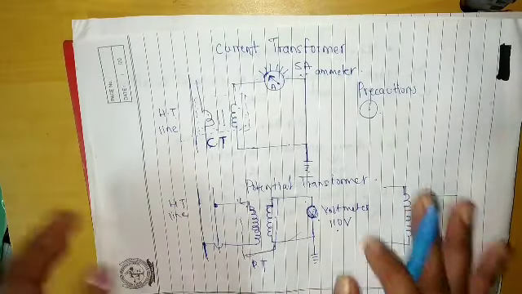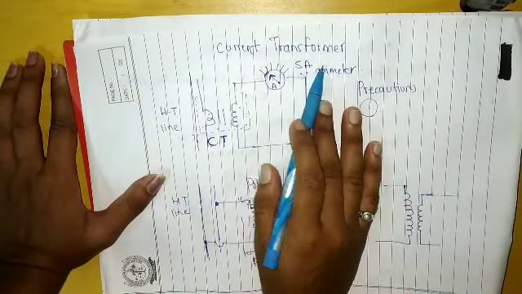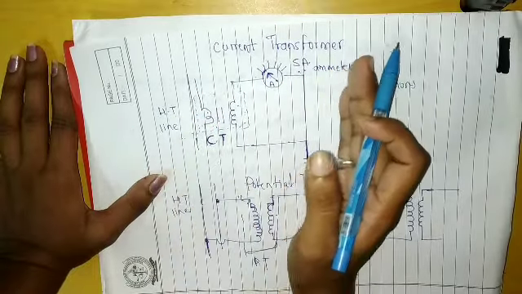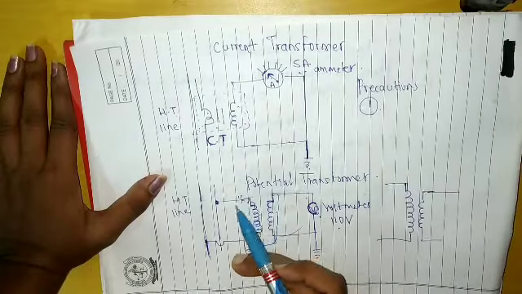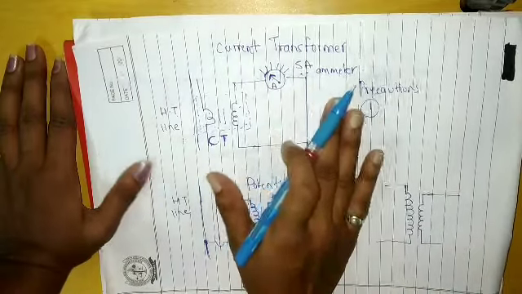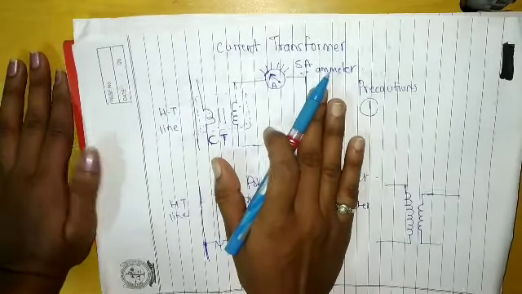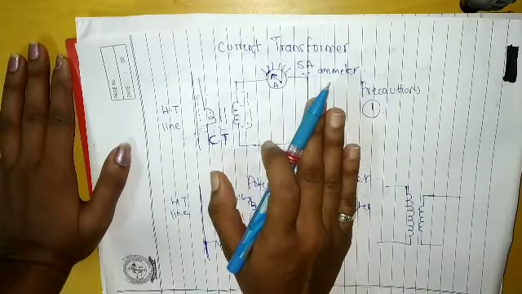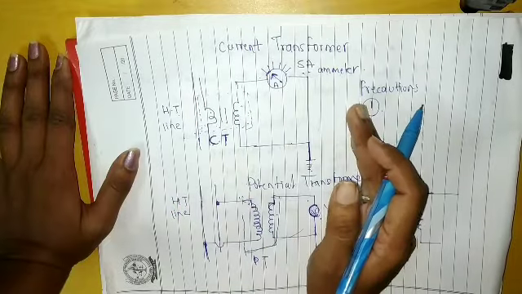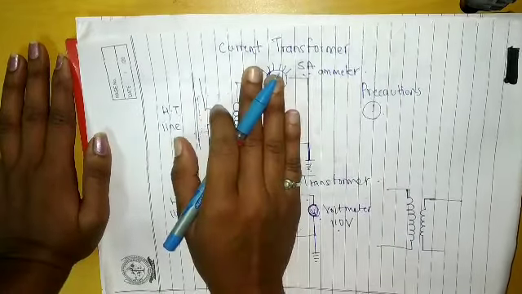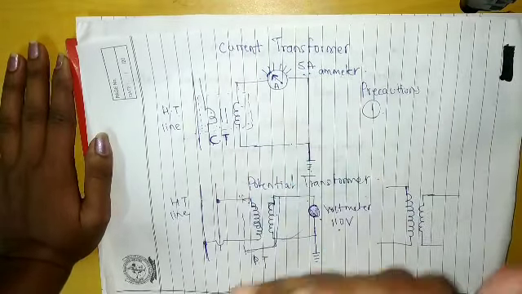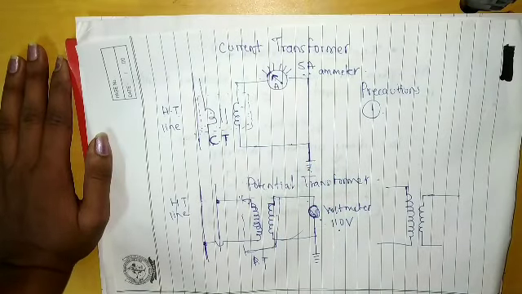So what you have to remember is that in the current transformer, the primary side number of turns is less as compared to the secondary, and in the potential transformer, the primary number of turns is more as compared to the secondary. And why do we have to use this instrument transformer? Because an ordinary transformer measures only low values of voltage and current, but when we use the potential transformer and current transformer, that is the instrument transformer, we can measure higher values of voltage and current.